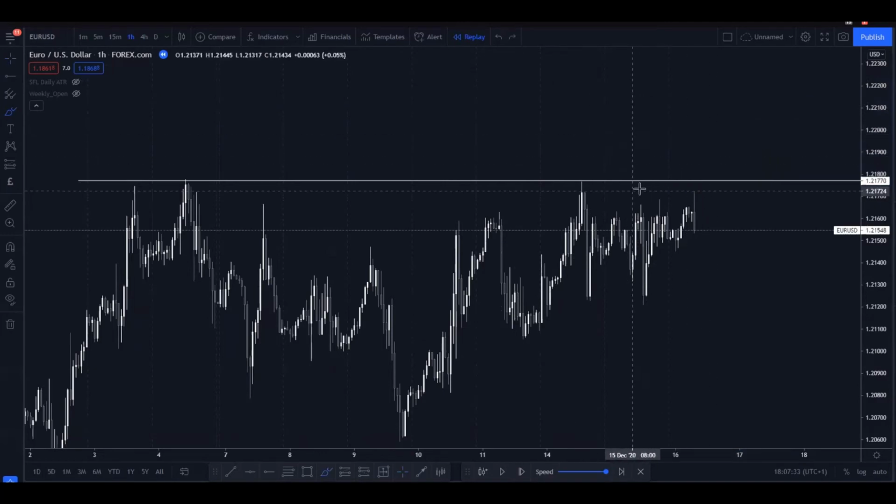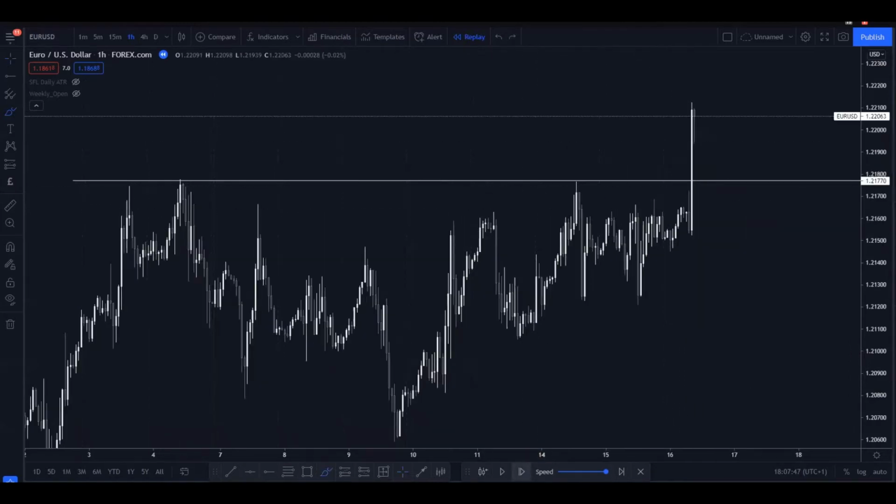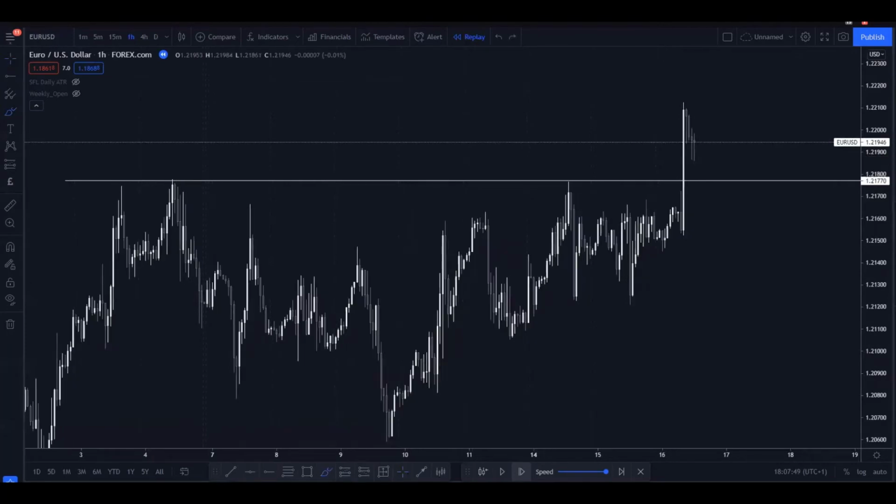So what did the actual market do? Let's have a look. You see on the day, FOMC there, it's 8 AM. The FOMC is usually at 7 p.m. So at 8 a.m. the market broke through this massive level, and then broke through. We're looking for it to come down.